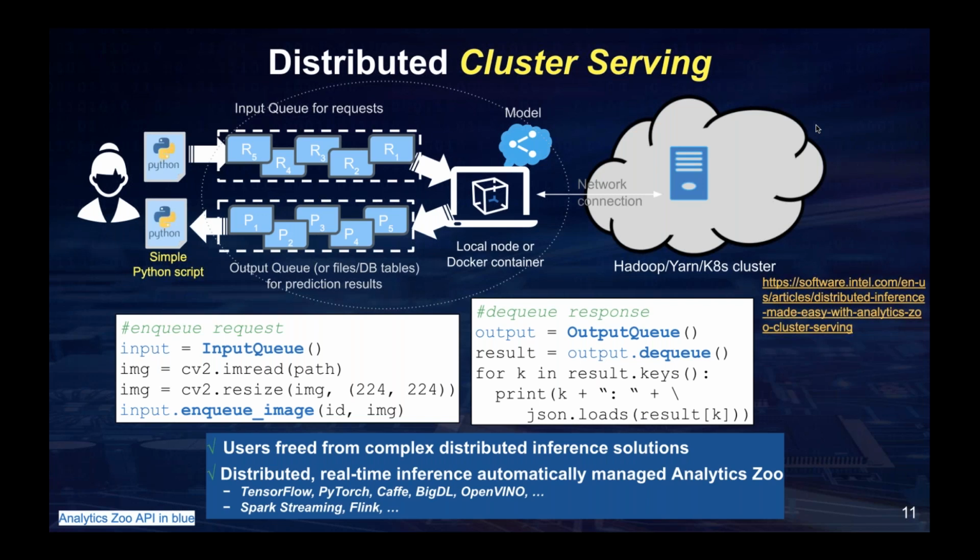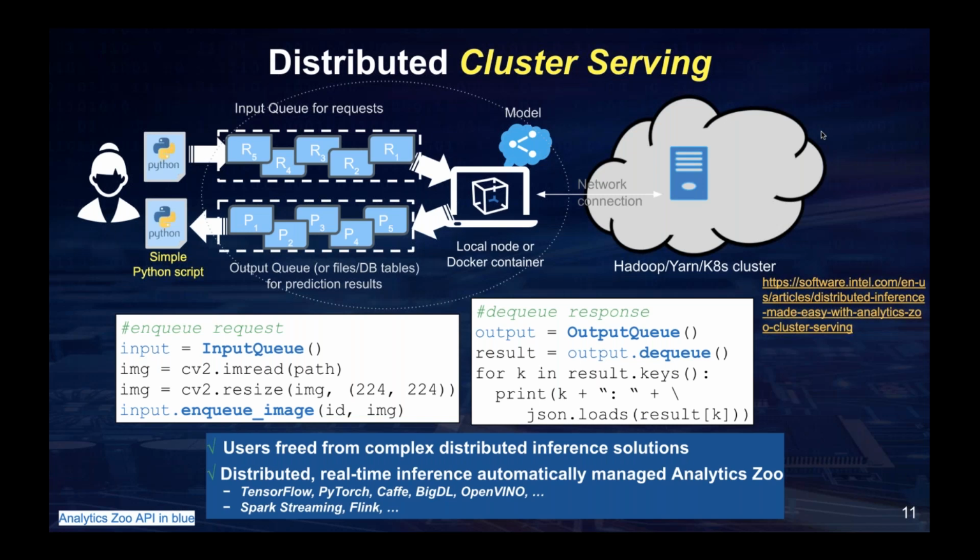The user can simply start the cluster serving service on a local node, or they can just run the Docker container, which can deploy the machine learning and deep learning models to the specified Hadoop, YARN, or Kubernetes clusters. What the user does is very simple. They can write a very small Python code,